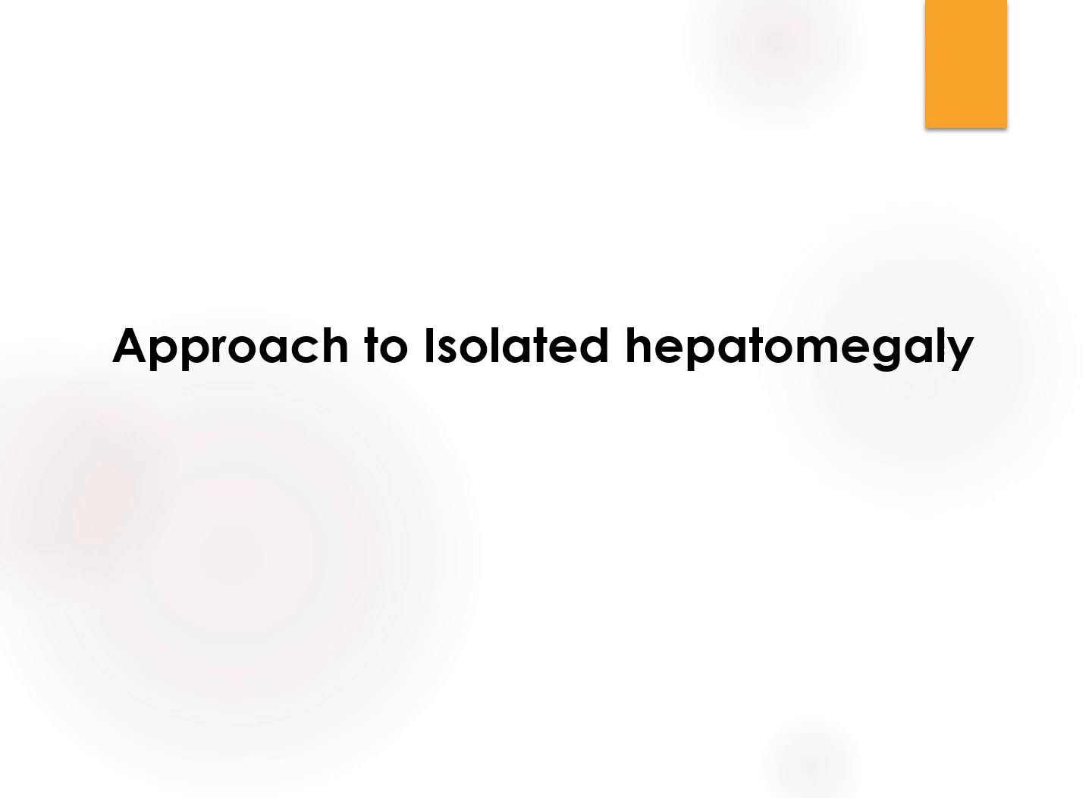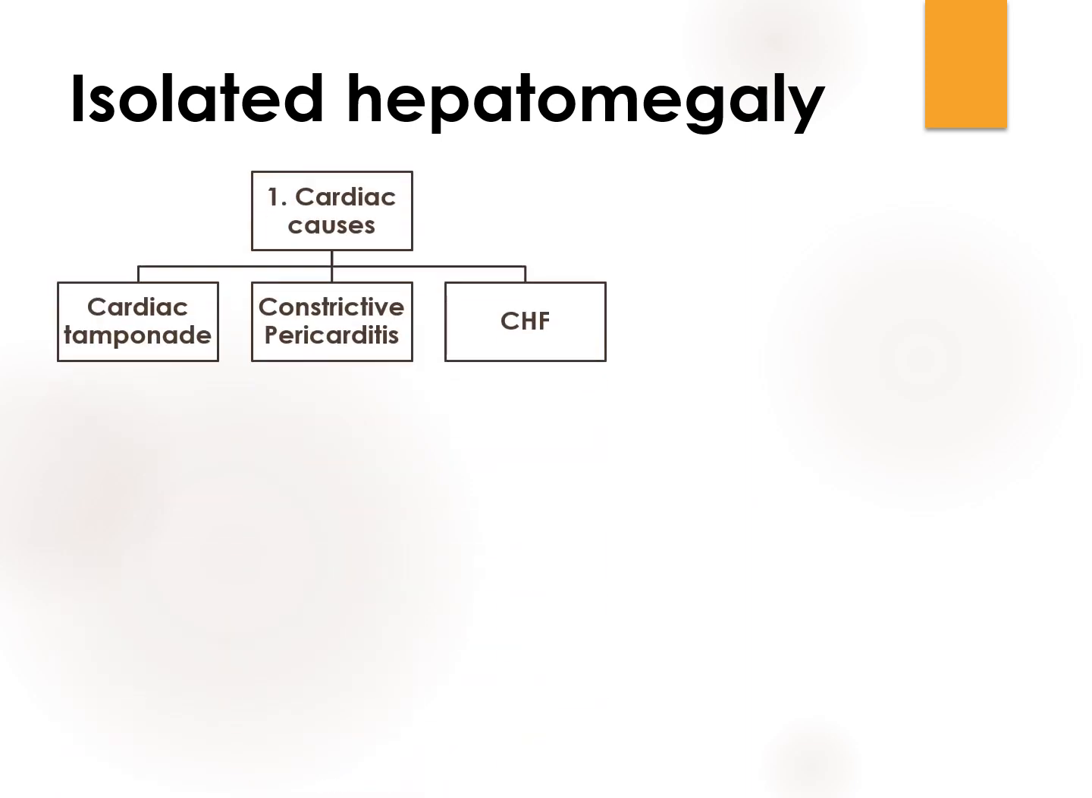Now how to approach isolated hepatomegaly, or we can say what are the various causes of isolated hepatomegaly. Whenever there is isolated hepatomegaly, we should keep in mind that it can be because of liver disease, can be because of a pushed down liver, or can be because of cardiac conditions. And we know cardiac condition is an emergency, so always we have to look for the other signs of cardiac conditions. For example, if the patient is having cardiac tamponade or constrictive pericarditis, then the patient will have tachycardia, tachypnea, pericardial rub,